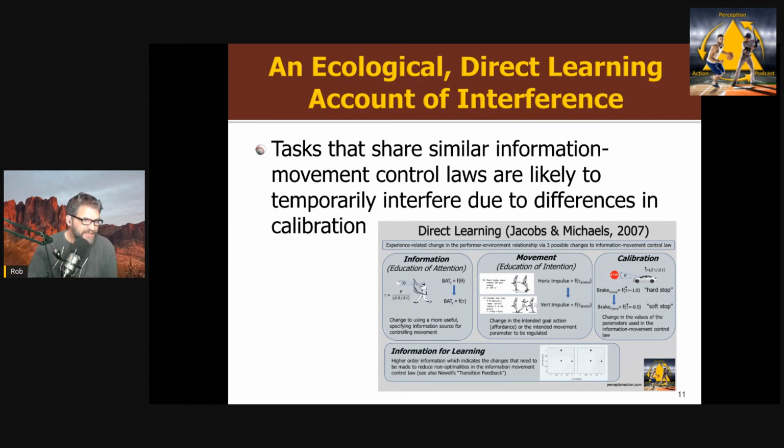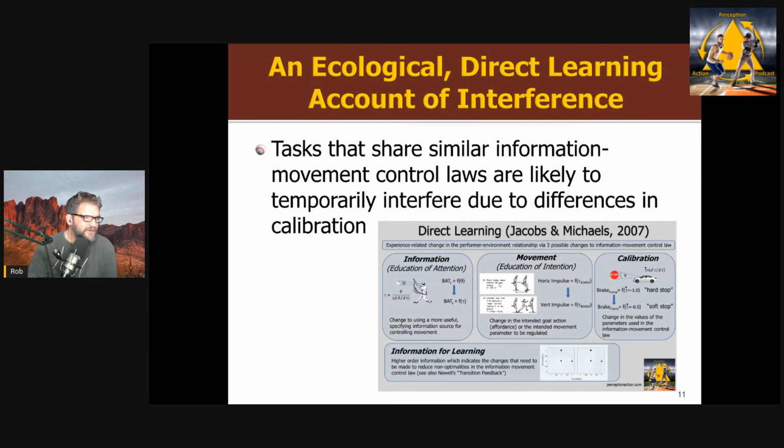Similarly, and like they showed in the study, I wouldn't predict interference when you're just using the same movement, right? So in the balance study I just talked about, both people are pushing their legs. One is to control balance, one is to control force or accuracy. So just the movement itself, when they're similar, again, you wouldn't expect interference. What you would expect interference to occur is when you have information and movement coupled in similar ways. So you've developed similar control laws, right? So when you're using the same information to control the same movement, right?